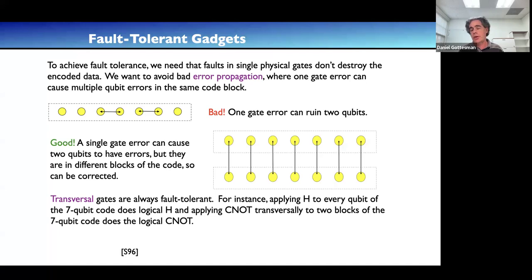And so one way of doing that is to use what's called transversal gates. A transversal gate will take two blocks of the code and line them up, as I've shown here, with the first qubit of the first block interacting only with the first qubit of the second block, and the second qubit of the first block interacts with the second qubit of the second block,